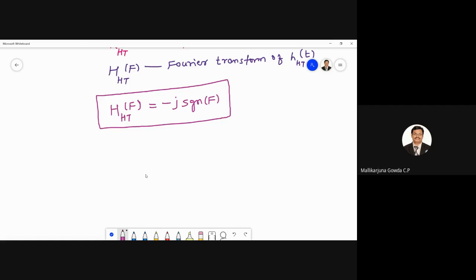I hope you all know how we define the sgn function. Are you aware? So this is a sgn function. How do you define the sgn function? Yes, anyone has an idea? Have you come across it anywhere? No, sir. Yes, people should respond. You know how we define the sgn function?